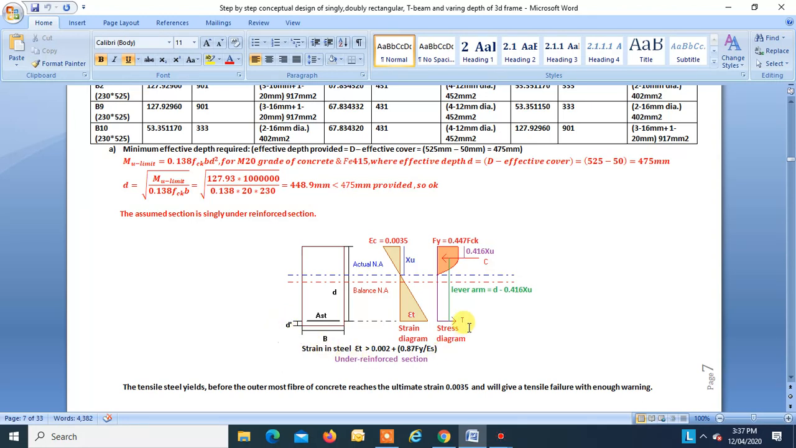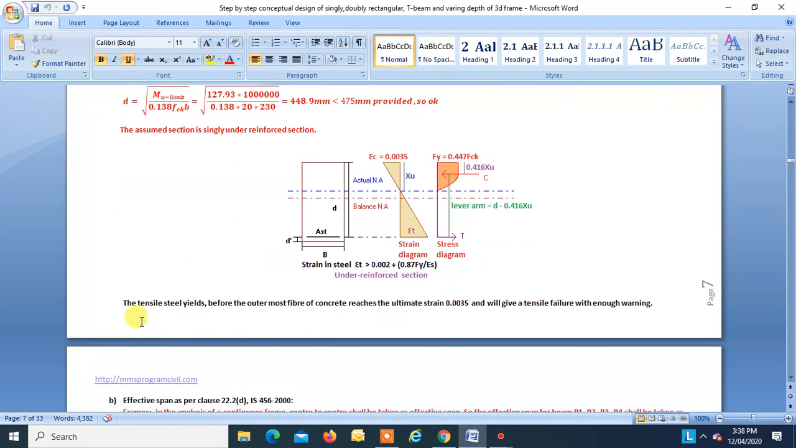Okay, so this is a stress strain diagram for a singly under-reinforced section. This is balanced NA, and actual NA will be above the balanced NA, right? So this is force C, this is force T, this is strain diagram, this is design stress strain diagram for concrete, okay? So in case of under-reinforced section, the tensile steel yields before the outermost fiber of concrete reaches the ultimate strain 0.0035 and will give you a tensile failure with enough warning. That's why we go in for